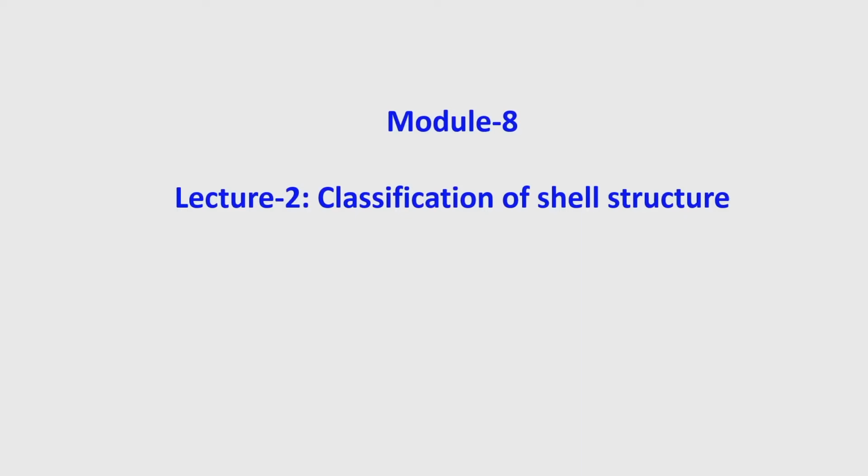So, today our discussion will be on the classification of shell structure. We first defined the shell as a stressed skin, but how can shells be grouped into different categories, mainly based on geometry? Geometrical classification has been adopted universally, and it is also included in our Indian Standard Code of Practice for reinforced concrete shell and folded plate. So, today I will discuss how the classification is done for shell structures.